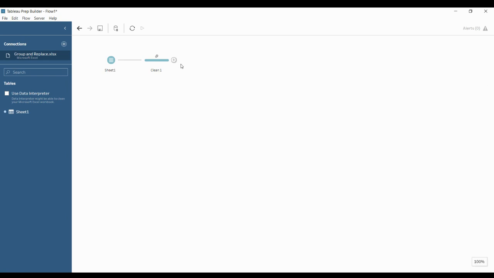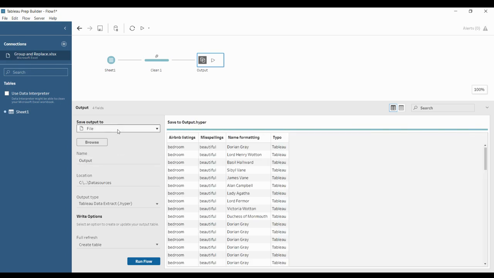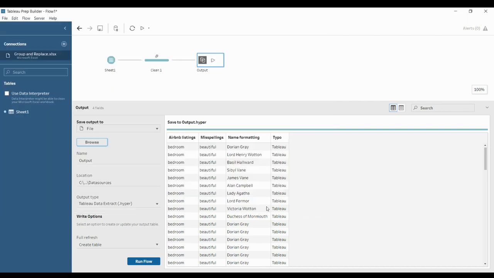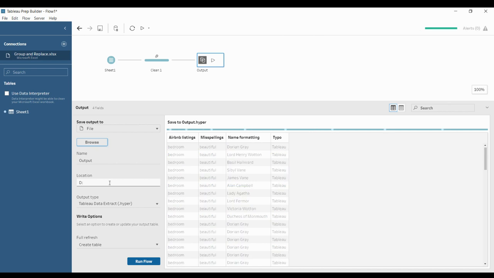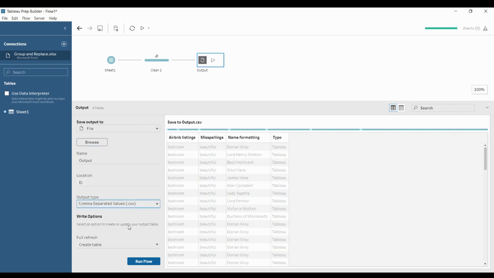I'm just going to add the output flow here. I'm going to change it to a file and then browse. In that also I'm selecting the D drive and going to the output type, selecting CSV. Okay, so now it's in CSV, right?